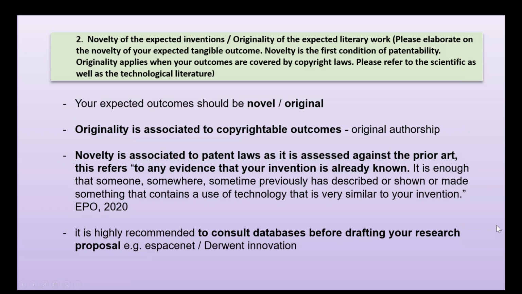So your software might be copyrightable, but it might also be patentable. In that case, we will join the IP protection and give it an unregistered copyright plus a patentable IP protection. But if you have only copyright, that's not bad. That can be really very good. You can also have a novel expected outcome, and this can be, for example, an invention. An invention will look like a product, for example, or a new process. This new process has to be novel.